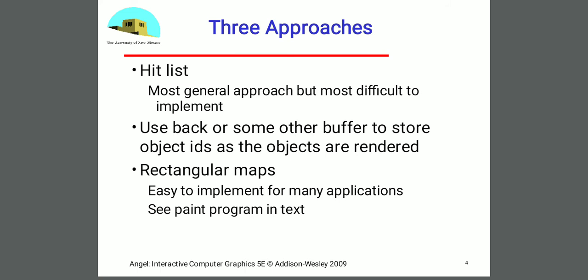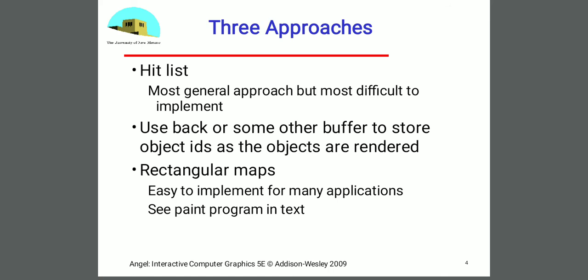We can use two buffering. We know already double buffering, right? Front buffering and back buffering. We'll use two buffering. From the screen, most of the objects will be stored in back and the remaining objects will be stored in front. Front and back buffer objects are not near objects. So when the user touches, based on the buffering, we can identify the user is selecting the object from which buffer. So we are using back buffer and front buffer to store the object ID as the objects are rendered. This is one approach.